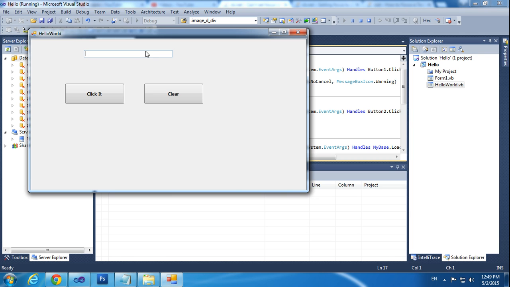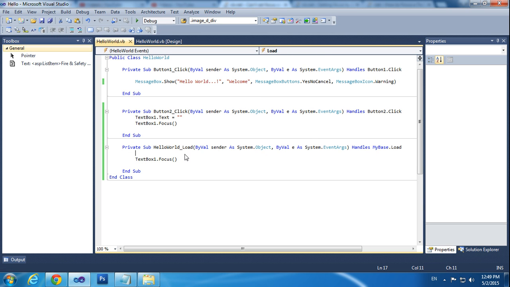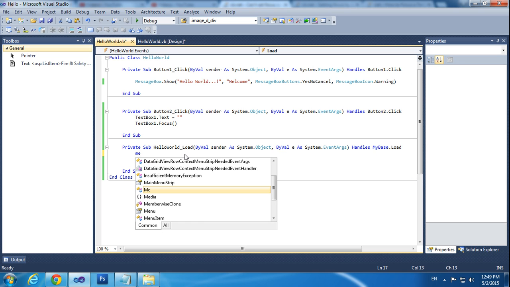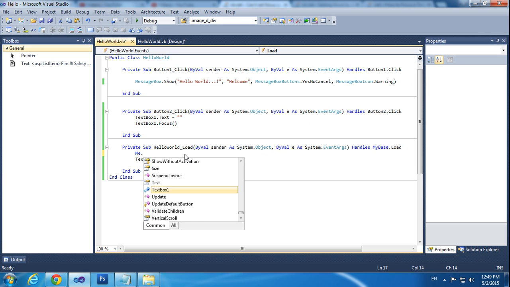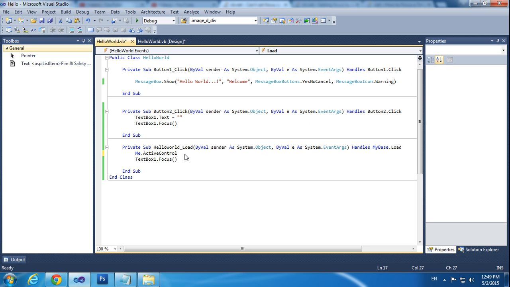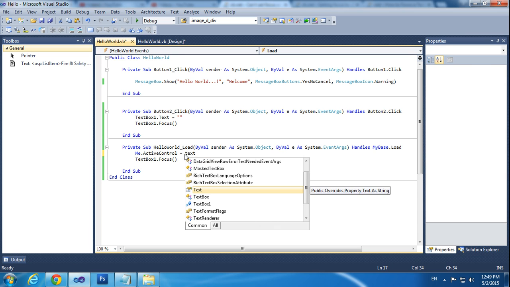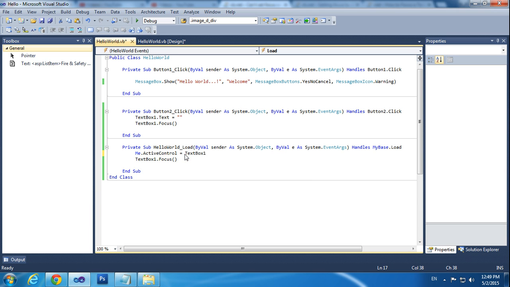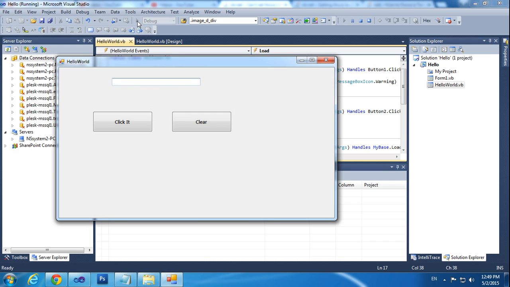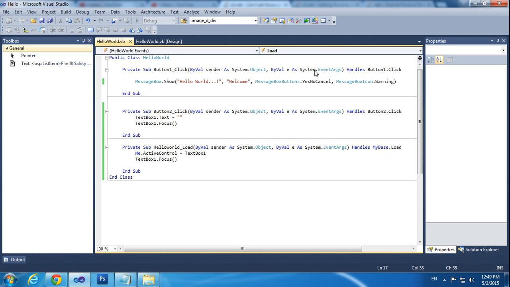Now I will teach how to set the cursor. By default it will focus in text box 1. So you just have to write Me.ActiveControl = TextBox1. That's it. So now you can run the project. The cursor is by default focusing there, but still